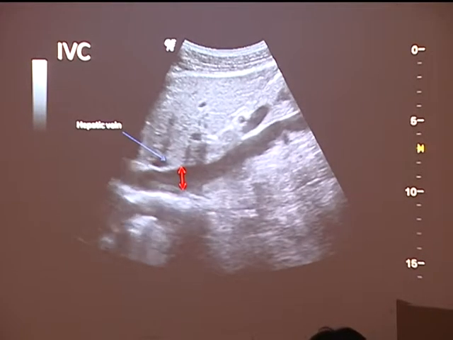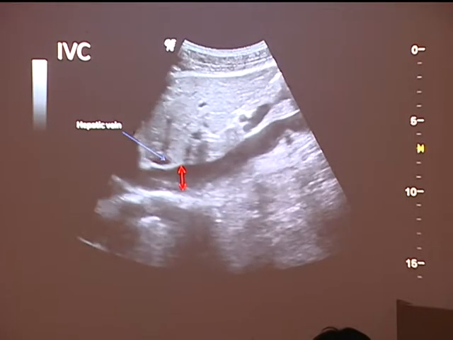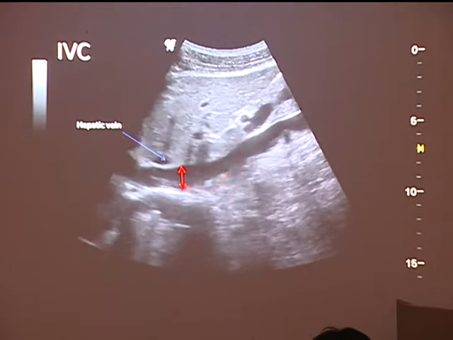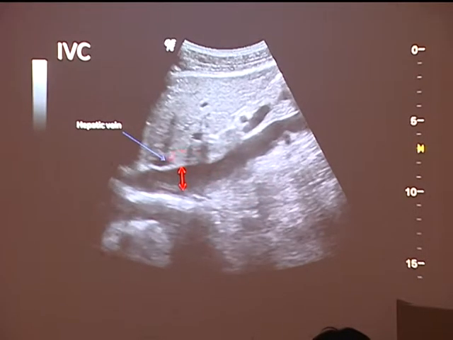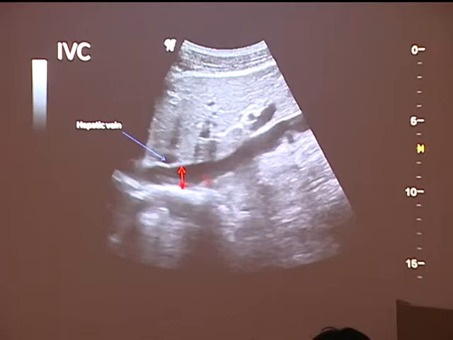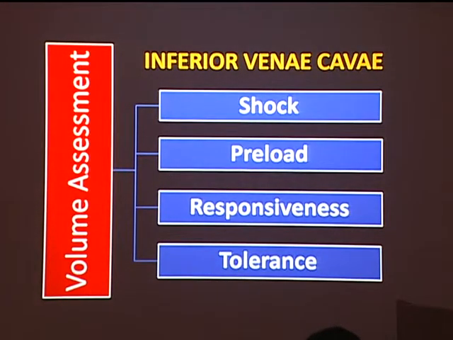Now, after you have rotated 90 degrees, you get the long axis of the IBC. You look for the middle sympathetic vein, because that will suggest to you that you are looking at the middle of the IBC, right? And typically you look at the margin that is about 1 centimeter distal away from the insertion of the middle sympathetic vein. Okay, so this is what we're going to do.